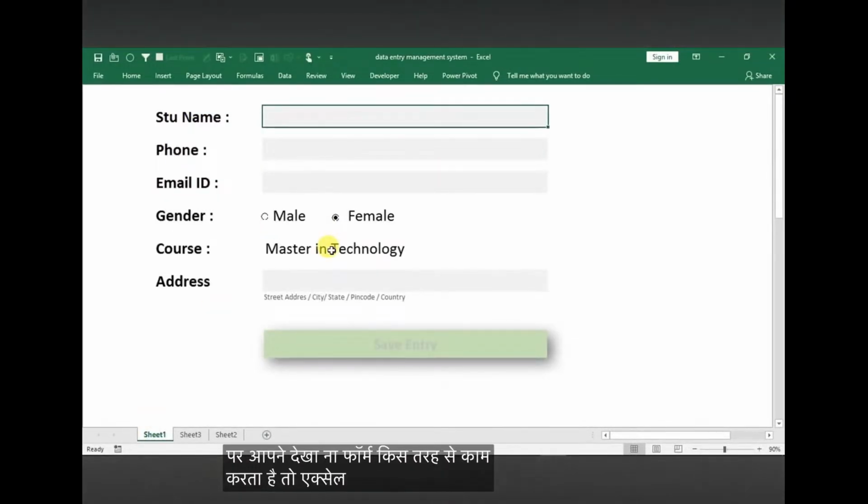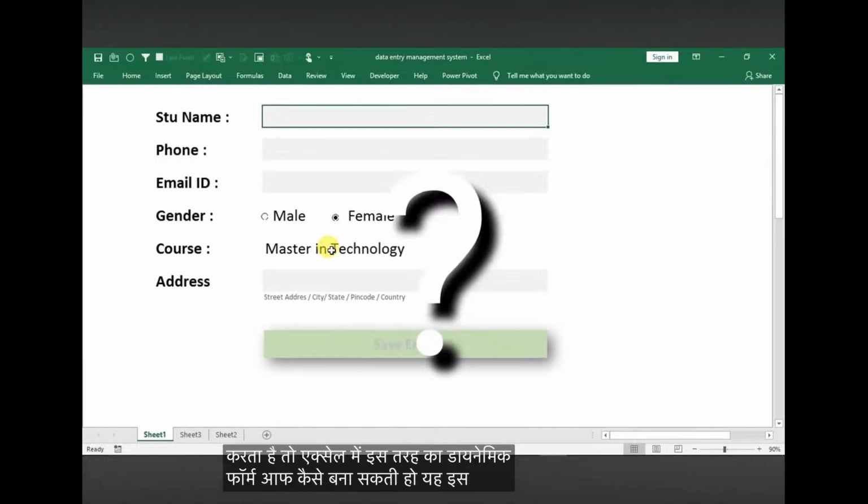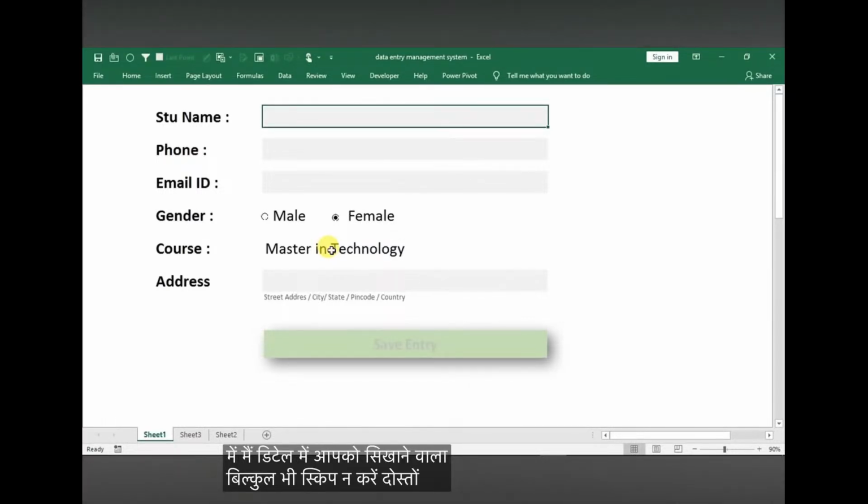अब यहाँ पे आपने देखा फॉर्म किस तरह से काम करता है, तो एक्सेल में इस तरह का डायनामिक फॉर्म आप कैसे बना सकते हो ये इस वीडियो में मैं डिटेल में आपको सिखाने वाला हूं। बिल्कुल भी स्किप ना करें दोस्तों, इस वीडियो को